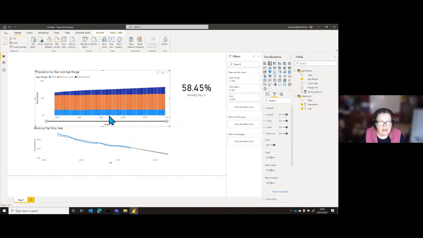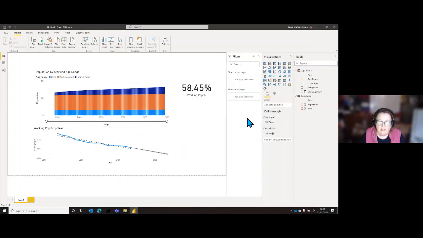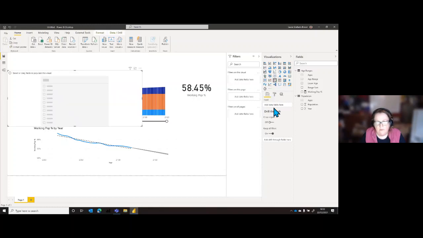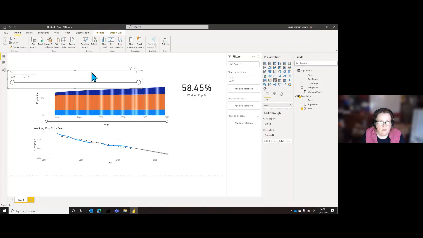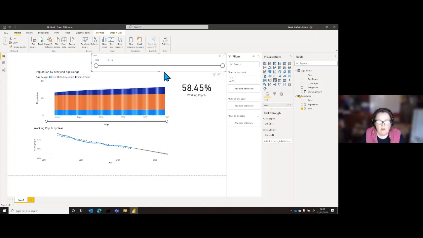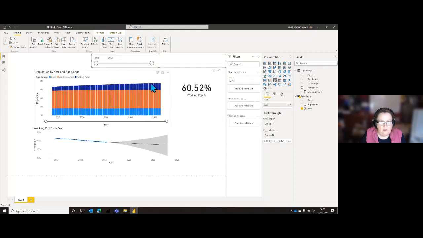But if you wanted to just limit the number of years showing in your prediction here, you could also bring in a slicer of the year. So here's the slicer, and I'm going to put the year into that slicer. I'm just going to put that up there for the time being. Okay. And now I could turn around and say, if I just filter that, there we are.